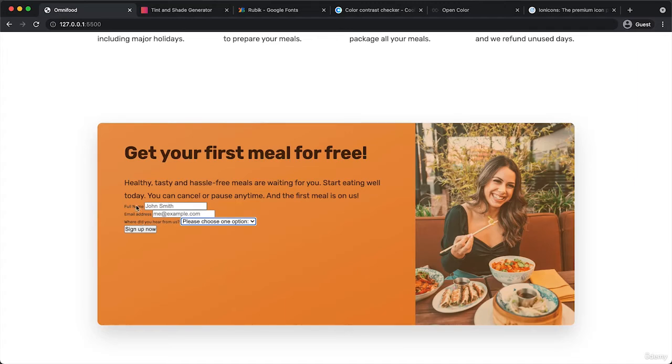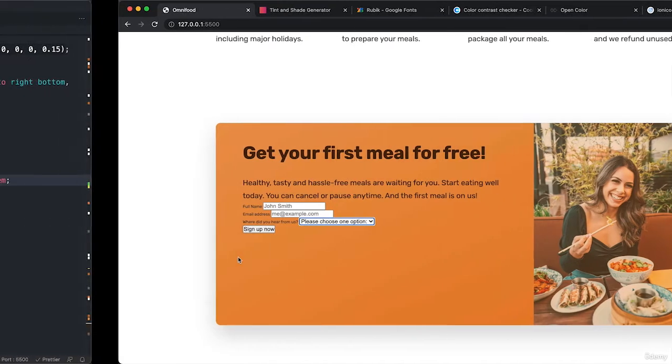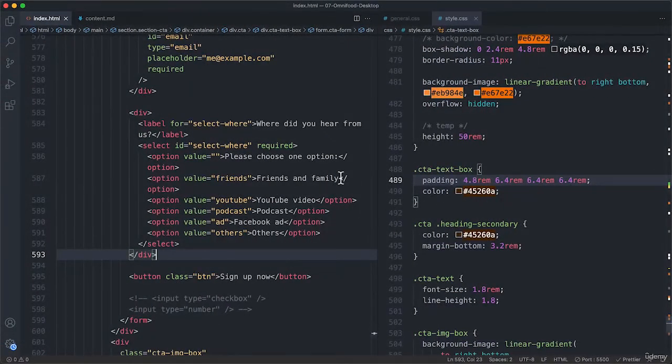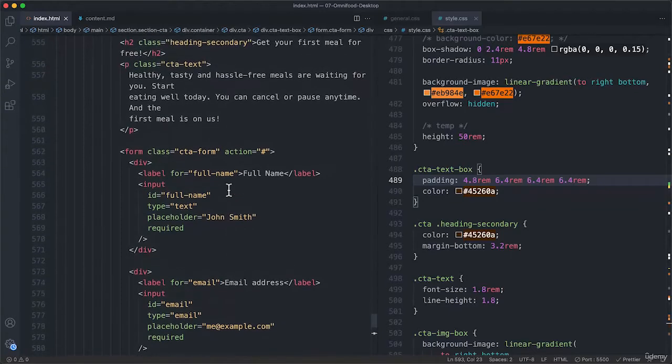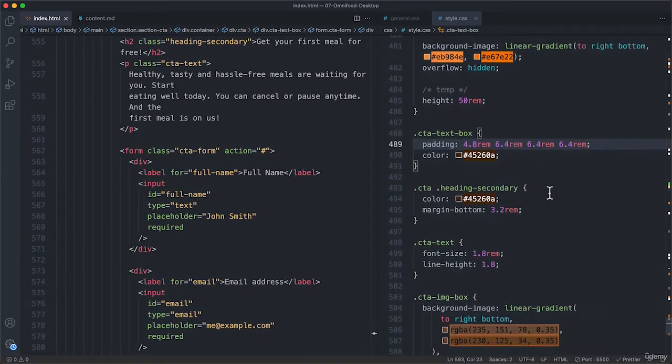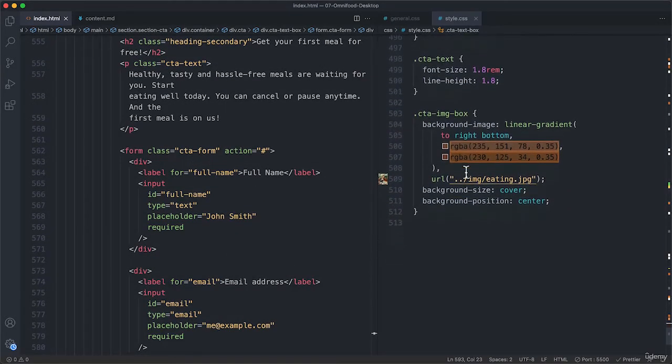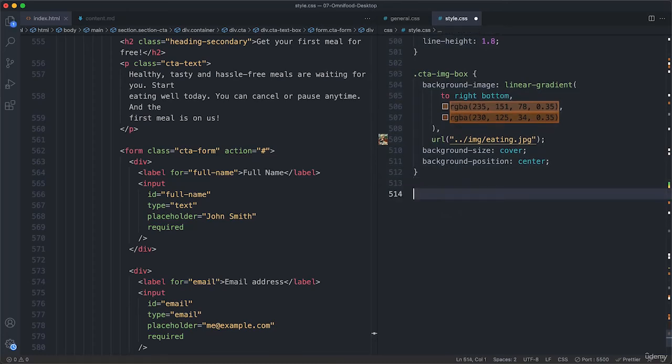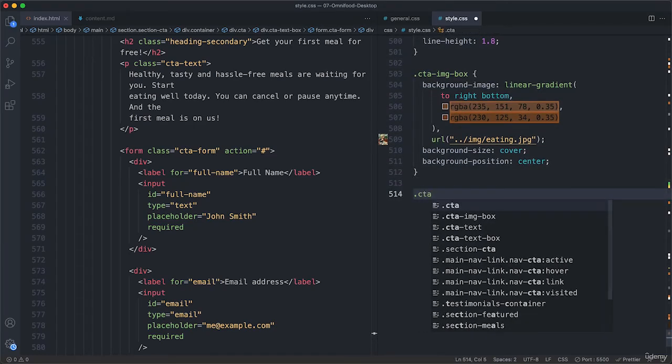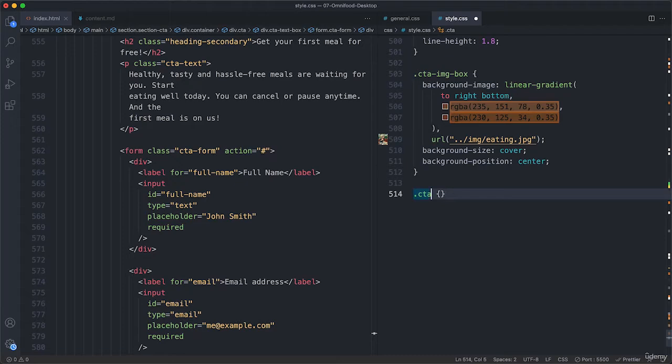And so now, just before finishing this video, let's quickly format these 4 containers, or, well, these 4 elements here, into a nice 2x2 grid. All right. So that is the CTA form. Let's do that maybe here at the very end, because there will be a lot of styles after this one. So CTA form,